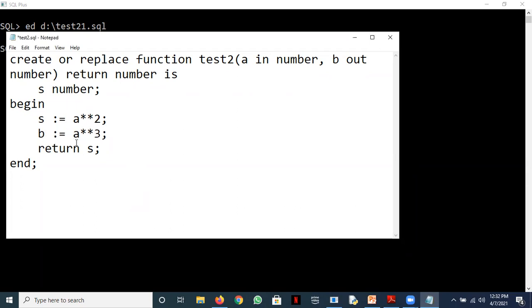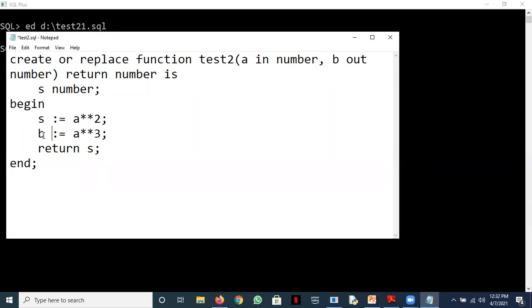Okay, and you can see that your A is an in argument. It is passed to this function, and B is an out argument. So an out argument can be assigned a value which the function returns. Okay. If it is clear what I'm telling you, you can give me a raised hand because it could be a bit confusing in the beginning.